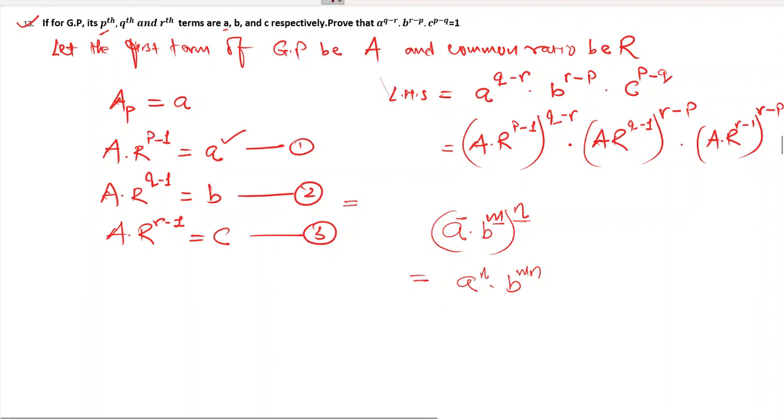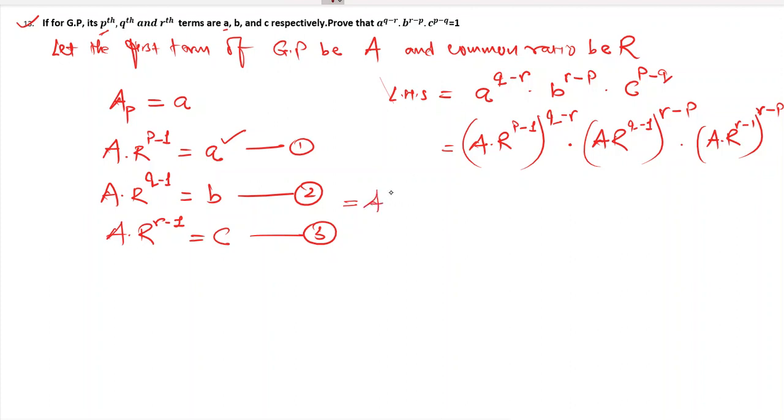It's a very simple exponents law we are going to apply over here and simplify this. So capital A raised to q minus r into R raised to p minus 1 into q minus r, right,